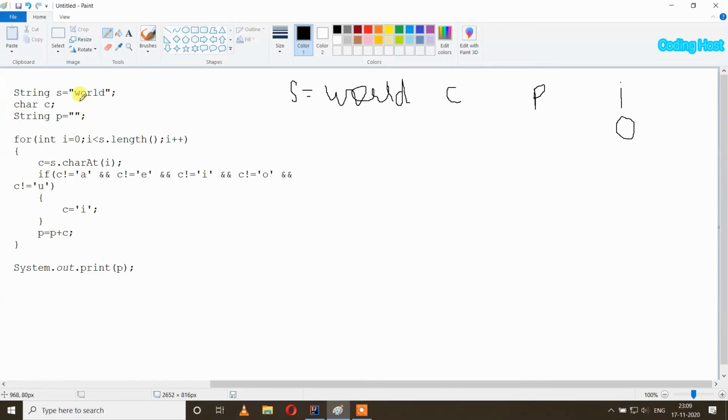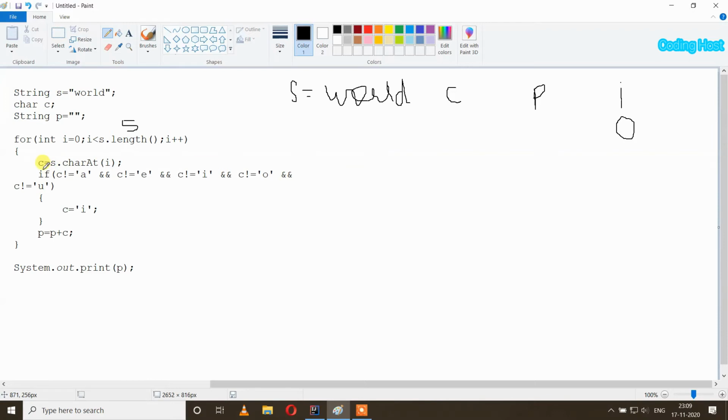So in this string s we have 5 characters, so it means that its length is 5. So i less than 5. So i is 0, it is less than 5, so our condition is true and we get inside our loop. And here we have c equal to charAt i.